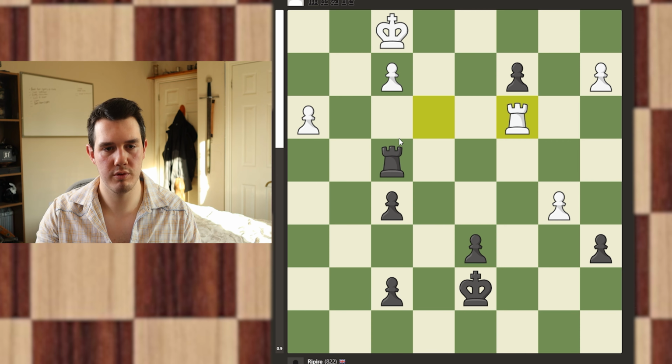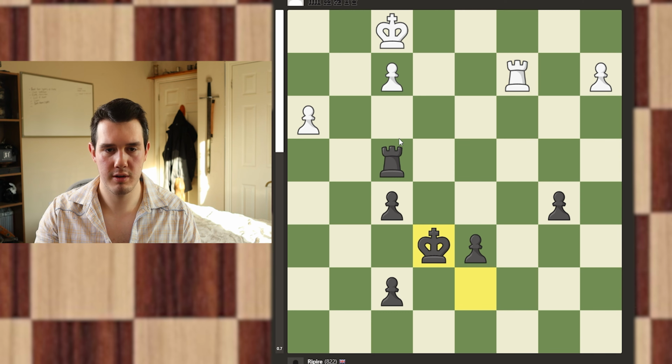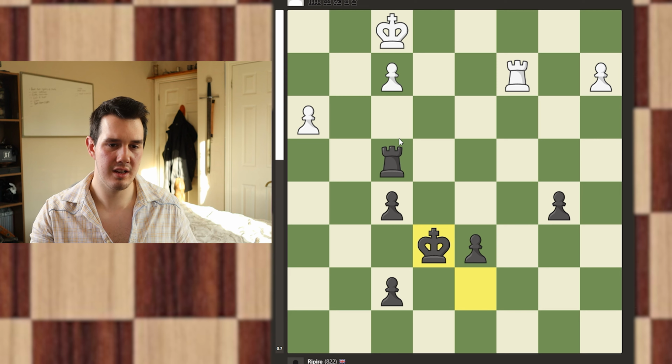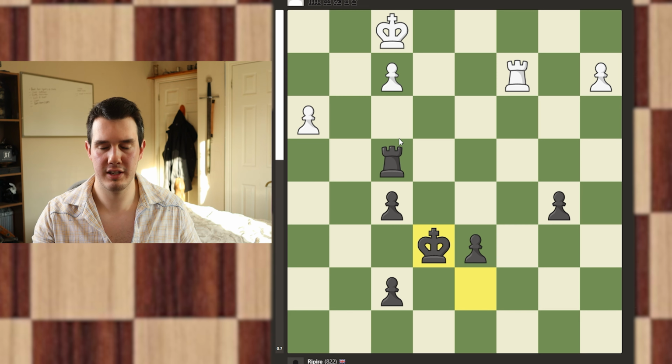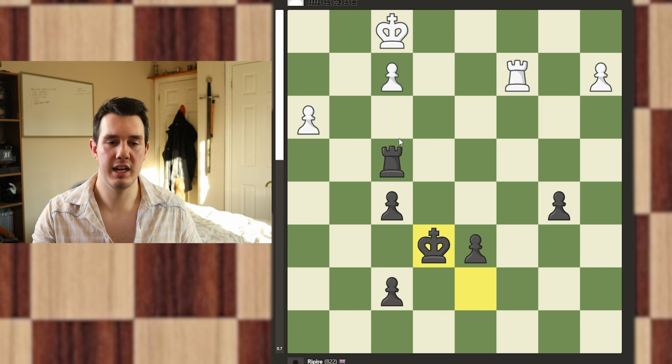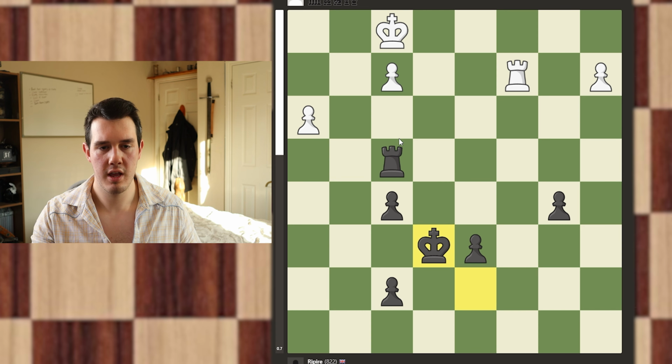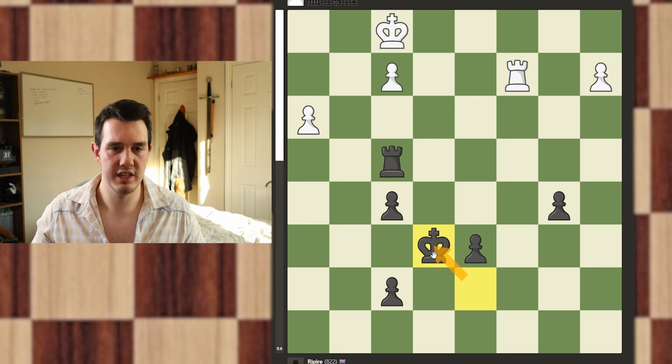I can't defend this pawn. There's no way for me to defend it. So I take his pawn. He takes my pawn. We're now slightly even. I'm a little bit better. I then get my queen. If only I had a queen. I get my king into the game with. Oh, this is when he checks again. So yeah, I move my king over to